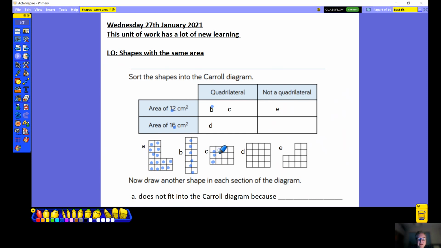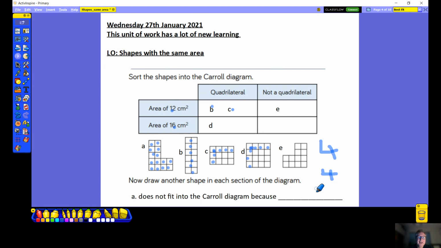1, 2, 3 times by 1, 2, 3, 4. It's 12. It's a four-sided shape. I think it goes there. D: 1, 2, 3, 4. 1, 2, 3, 4. 4 fours are 12. Yeah. No, they're not. 4 fours are